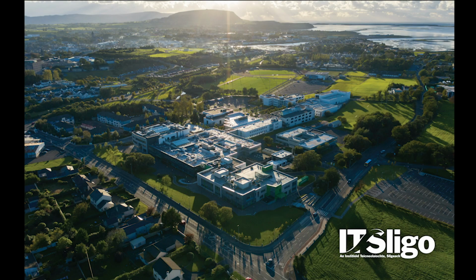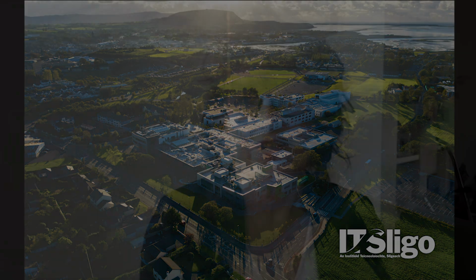Sligo is one of the 6 places in Ireland that you can study architecture, and we've been delivering architecture education here for over 20 years. We embrace our role in the Northwest as the educational centre supporting dialogue and social engagement. Our aim is for our students and graduates to be confident and critical thinkers with a personal vision towards quality